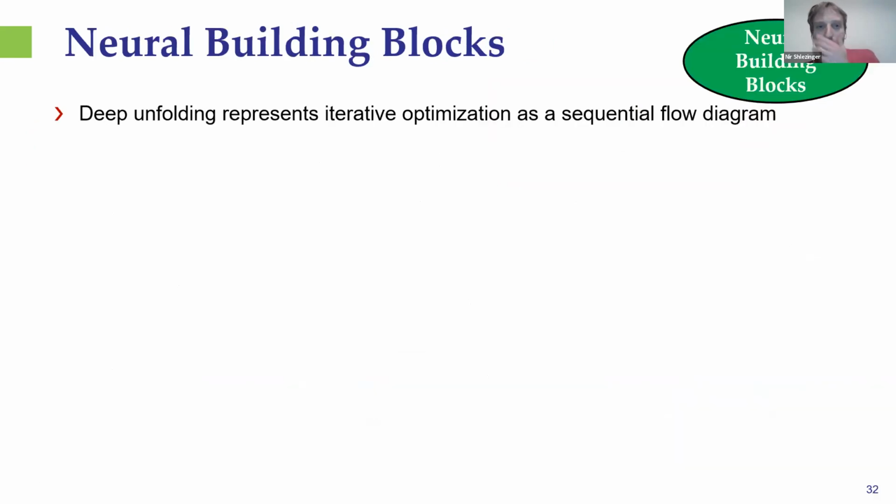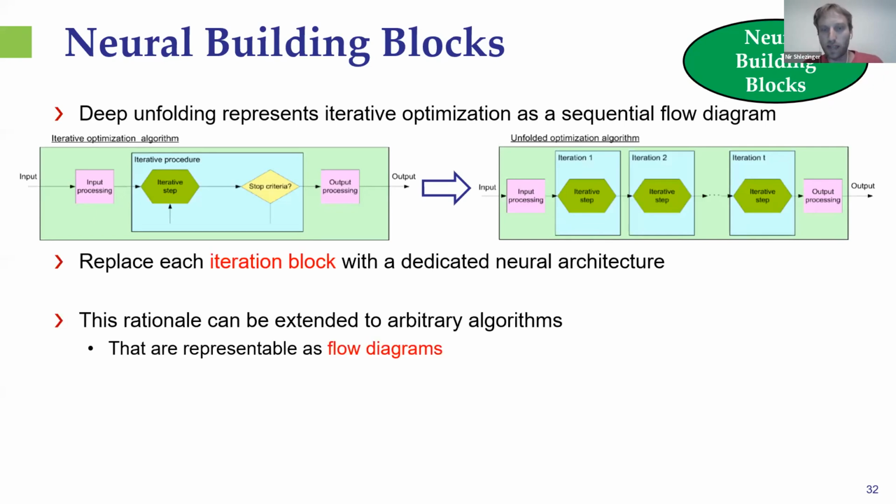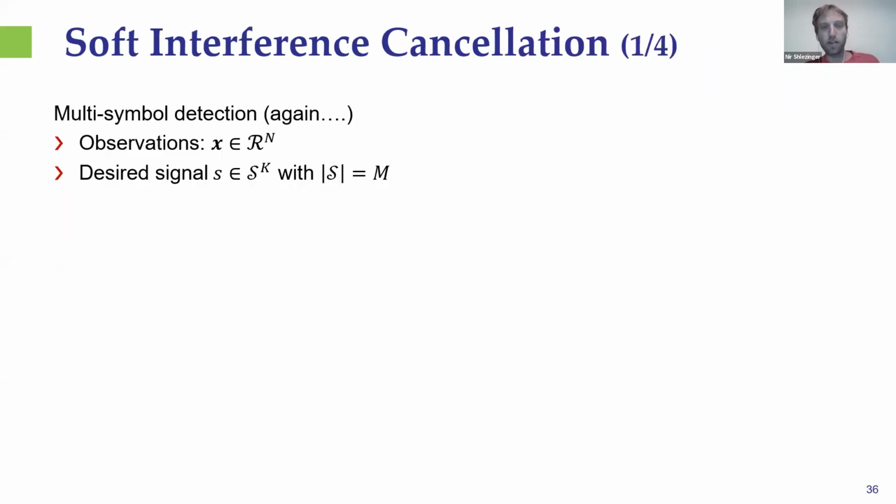Now, the rationale of deep unfolding is to take this iterative optimizer and to use the fact that it has this sequential flow diagram to design a deep neural network based on that. But it's not unique to sequential operation. You can do this with every algorithm which can be viewed as a block diagram. If it can be viewed as a block diagram, you can treat each one of its blocks as trainable and parameterize it or abstractify it, and then optimize the whole thing end to end using automated tools that deep learning provides relatively simply. So for instance, I'm going to take another problem in communications,